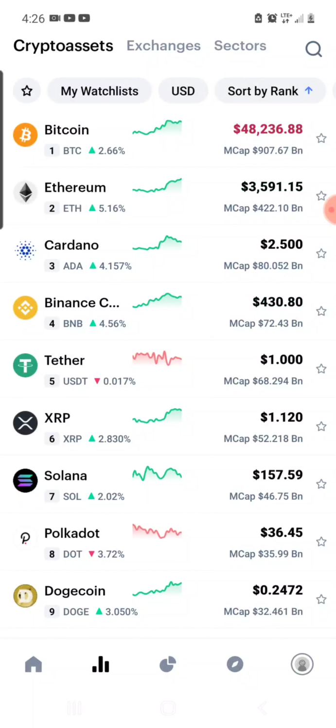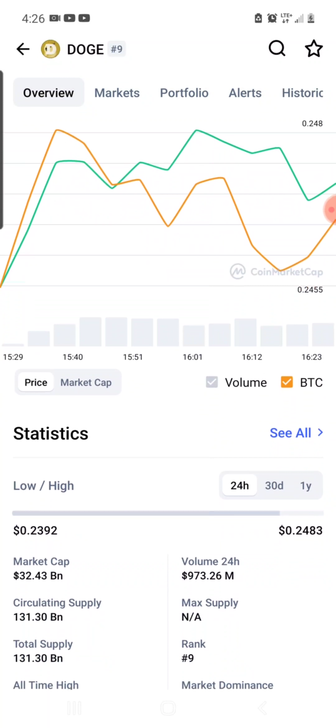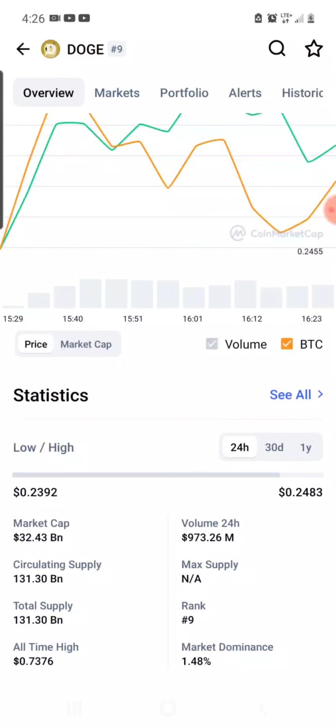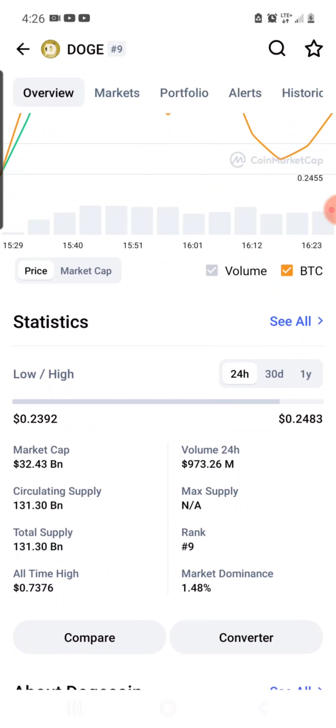Let's dive into Dogecoin real quick and see what's going on with the stats. We're currently sitting at 0.2471. We're up 0.64% for the day. We had a 24-hour low of 23 cents and a 24-hour high of 0.2483, so we're just a couple cents shy of our 24-hour high. Our market cap is sitting at 32.43 billion, and volume's at